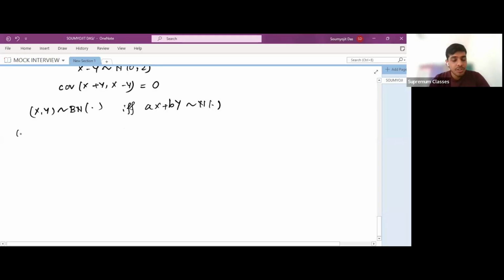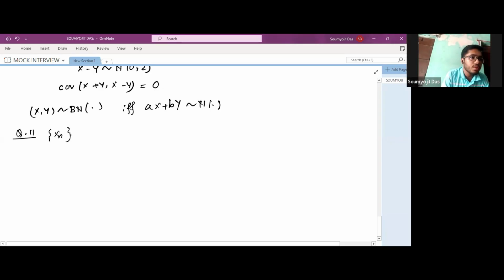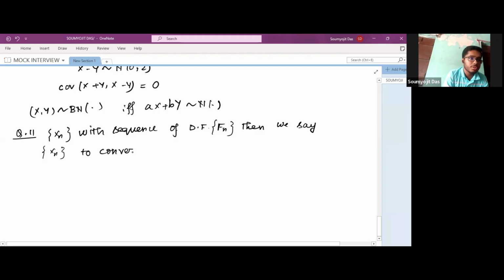Can you define convergence in distribution for me? Yes, sir. So if we consider Xn to be a sequence of random variables with sequence of distribution functions Fn, then we say Xn converges in distribution to a random variable X